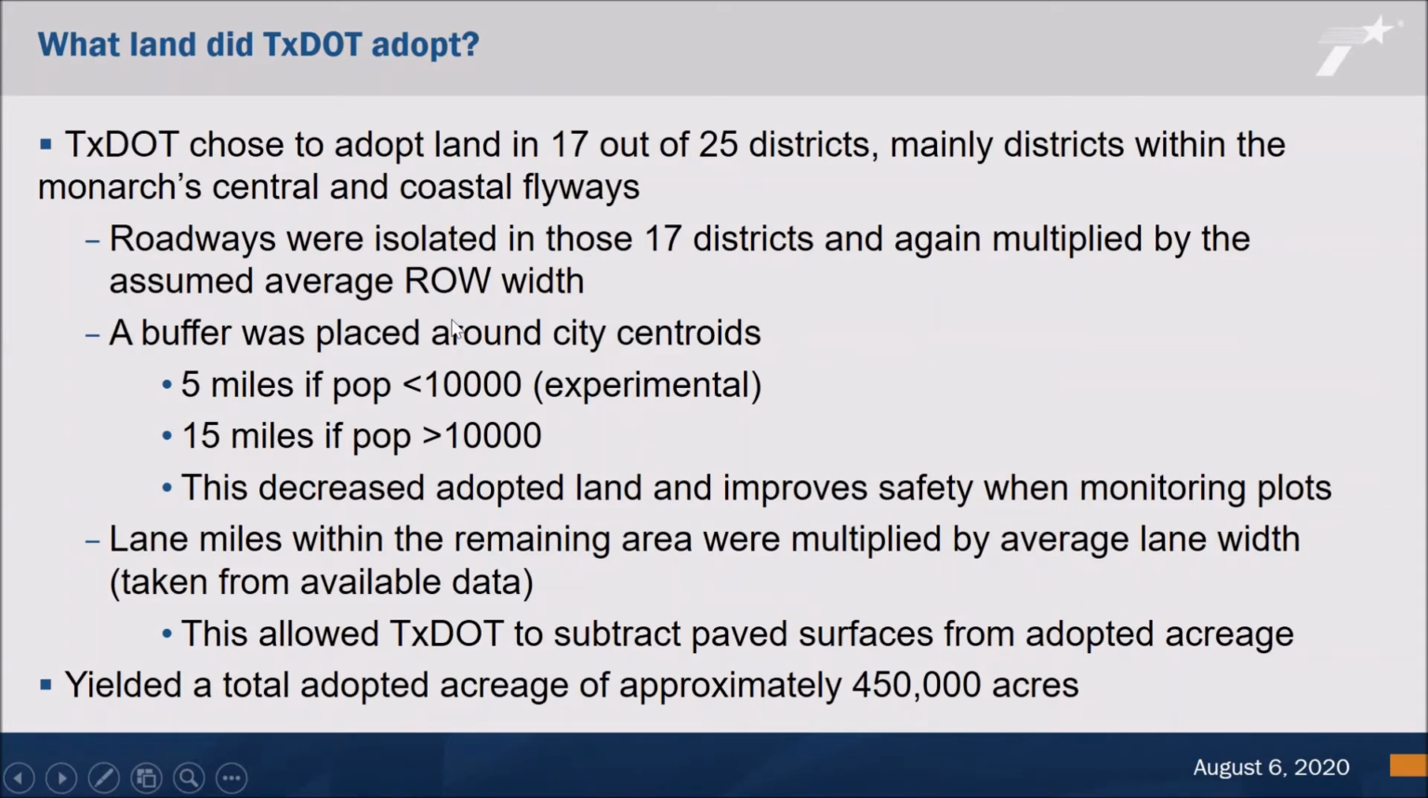So as I just mentioned, we chose to adopt land in 17 out of 25 districts. The main reason was that these districts are a big part of the central Monarch Flyway or the coastal Flyway. And the other 8 districts that we chose not to adopt were very far, seeing as that currently it is just our section out of Austin that is doing the plot monitoring. It wouldn't make sense to drive 10 hours to El Paso to assess a single plot if we had one monitoring plot put there. So those are sort of the 2 main reasons that we chose to adopt land in